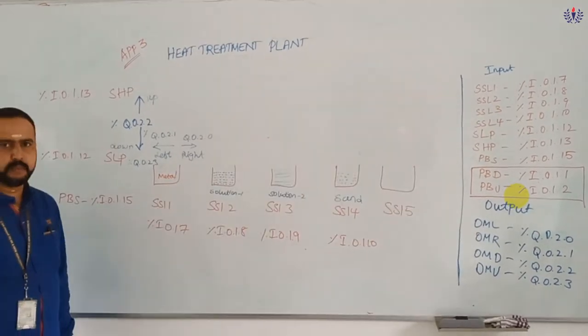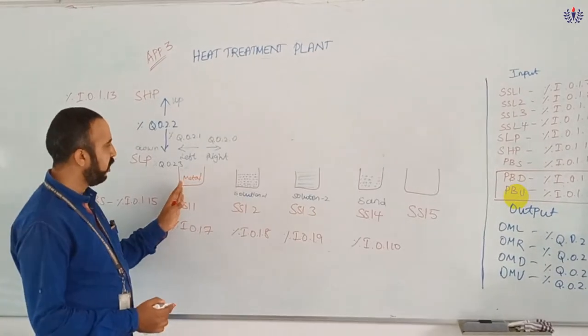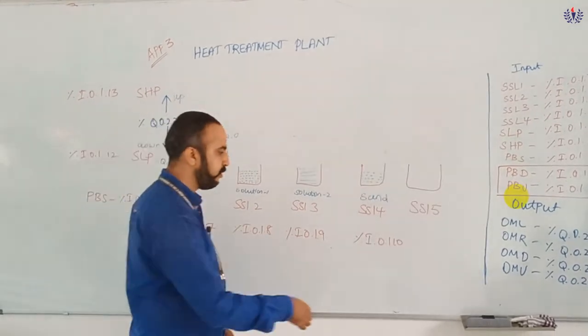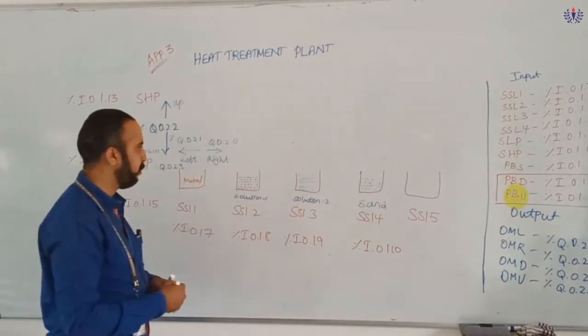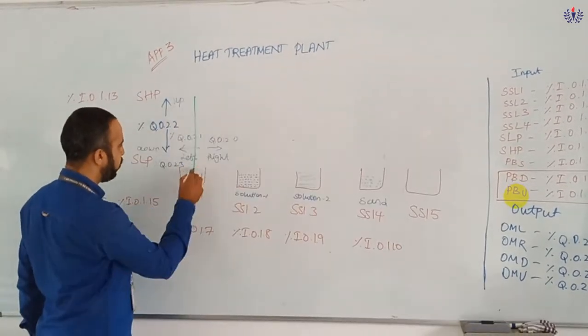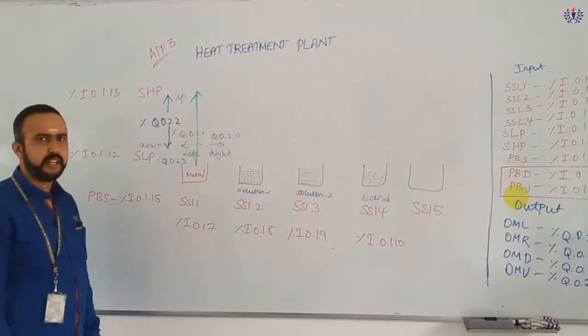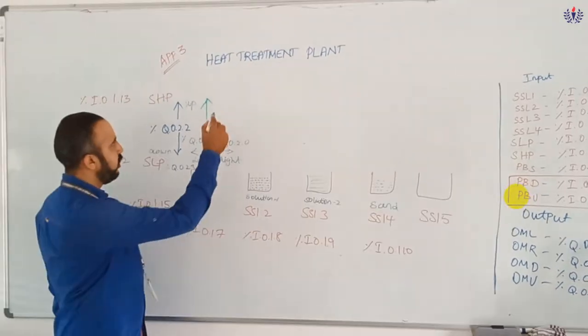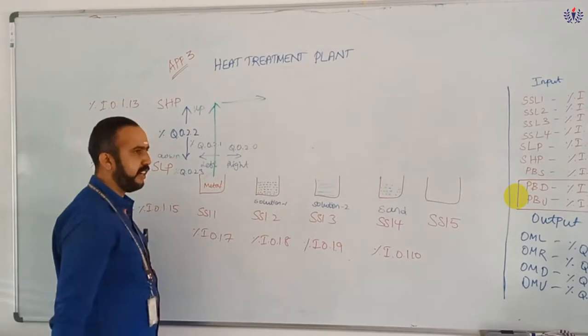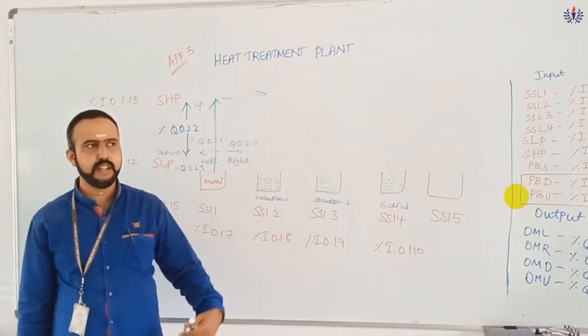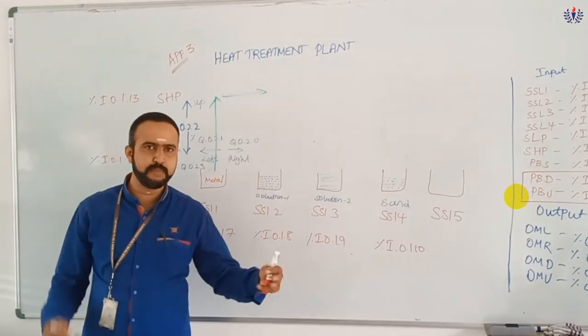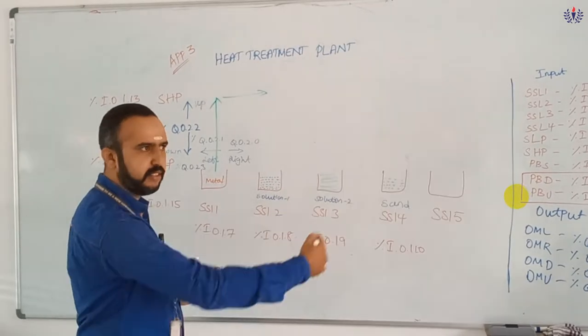So now I am going to program this. First I load the metal. So what will happen? It will first rise up. It ensures that it is in the high position. Then it will move to its right. From your side it is right, so that's why I'm telling it's right.